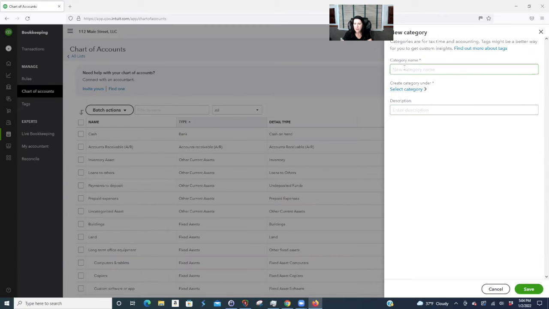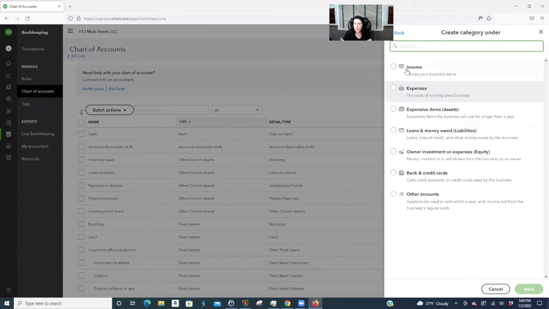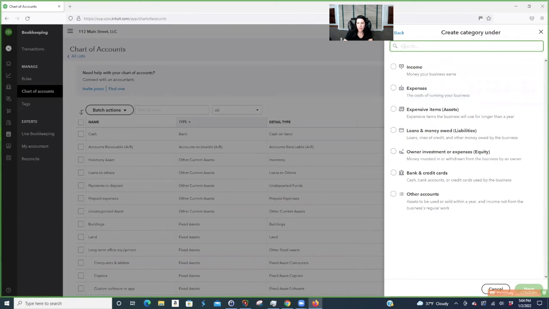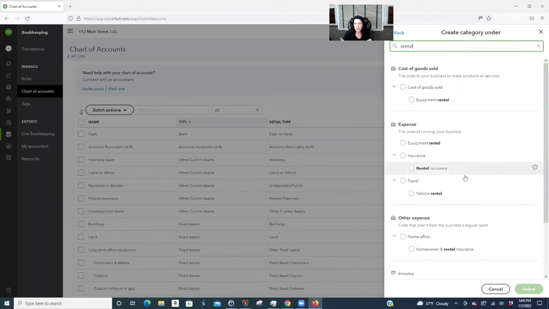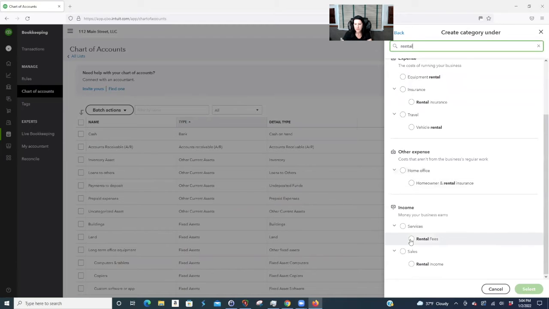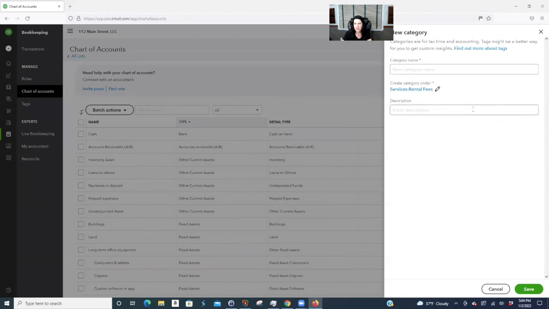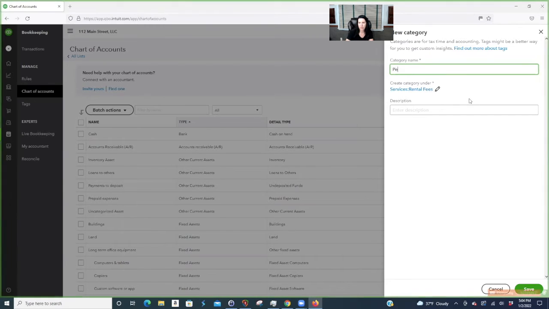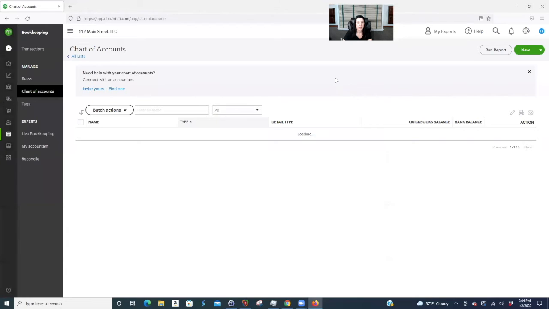category name. Okay, now we go again, you gotta remember what you're doing. Services, rental fees, select. So now see, that's my parent. Then I'm gonna say pet fees, save. Okay, don't forget,